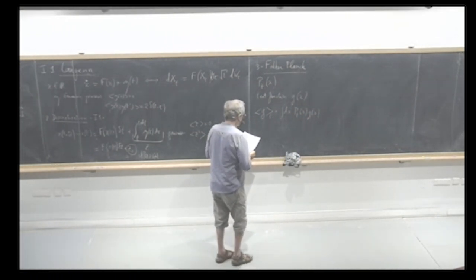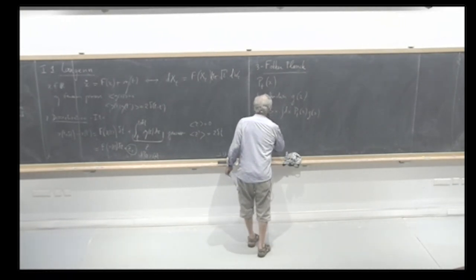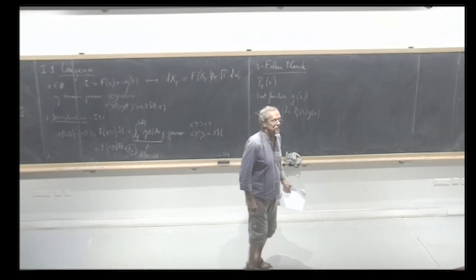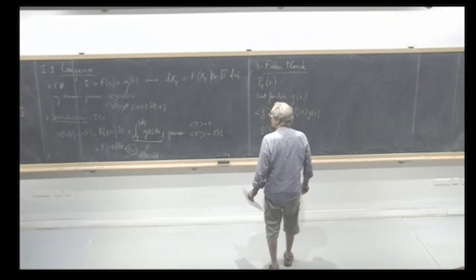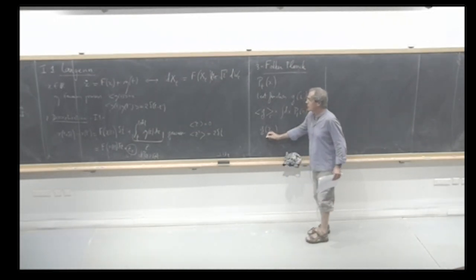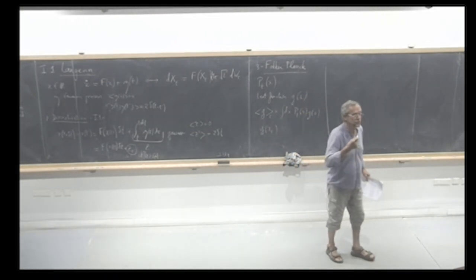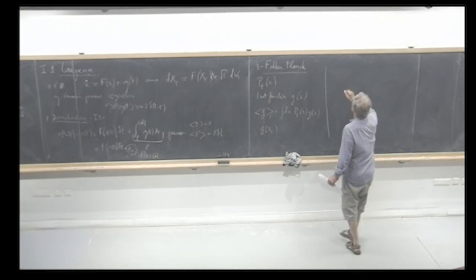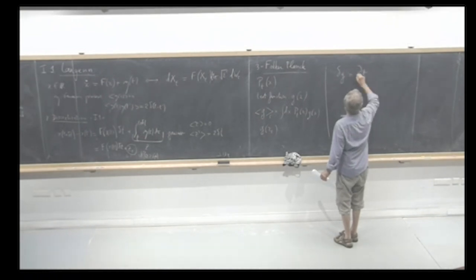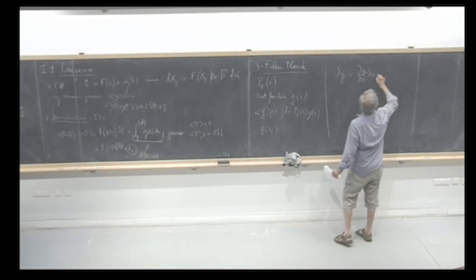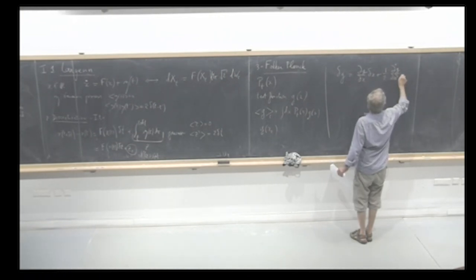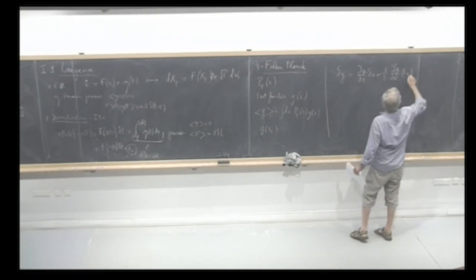And let us follow a trajectory. So what we are looking at is g of xt. We look at the evolution of g along a trajectory, and we see how it evolves. If I change my time a little bit, I will change my x a little bit, and I will have to follow the change of g. So what will be the change of g? Delta g will be dg dx delta x plus 1/2 d2g dx square delta x square.